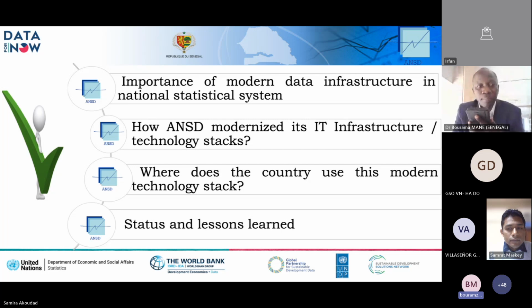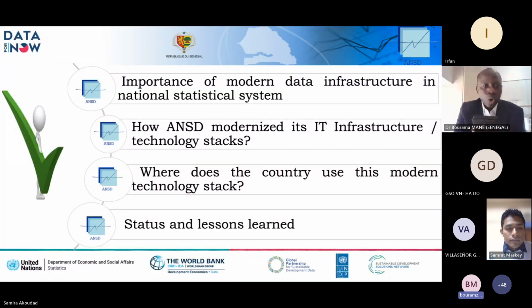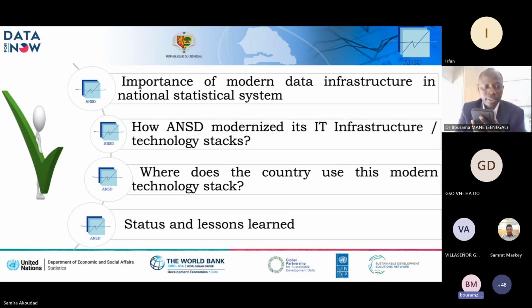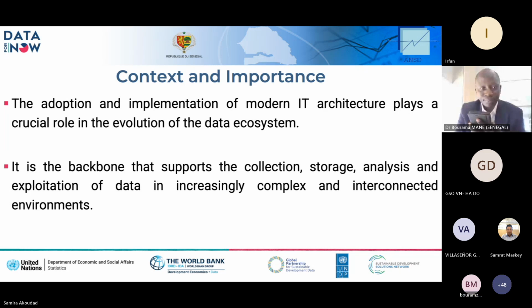The first is the importance of modern data infrastructure in the national statistical system. Then, how UNSD modernized its IT infrastructure technology stack. The next is how the country uses this modern technology stack, and the last will be about the status and lessons learned. Next step. So for the context, the adoption and implementation of modern IT architecture play a crucial role